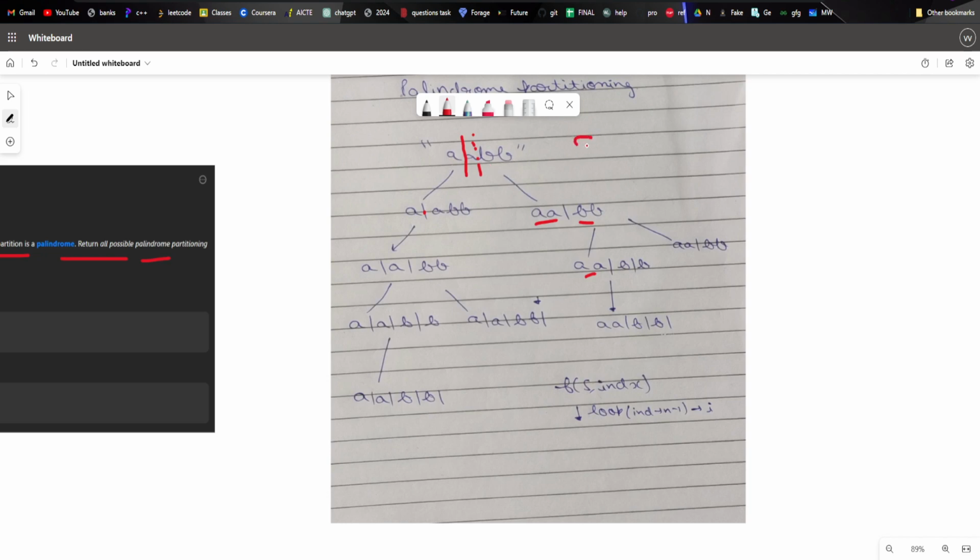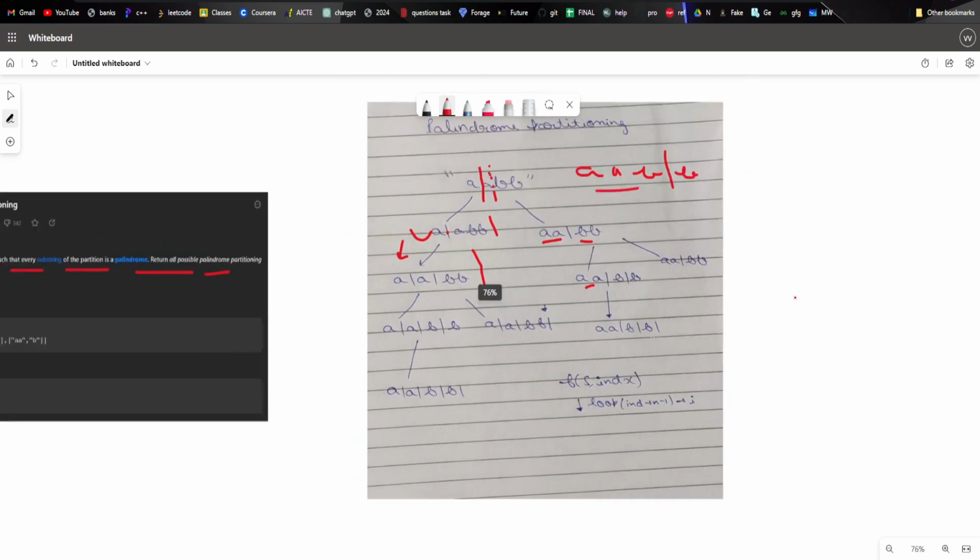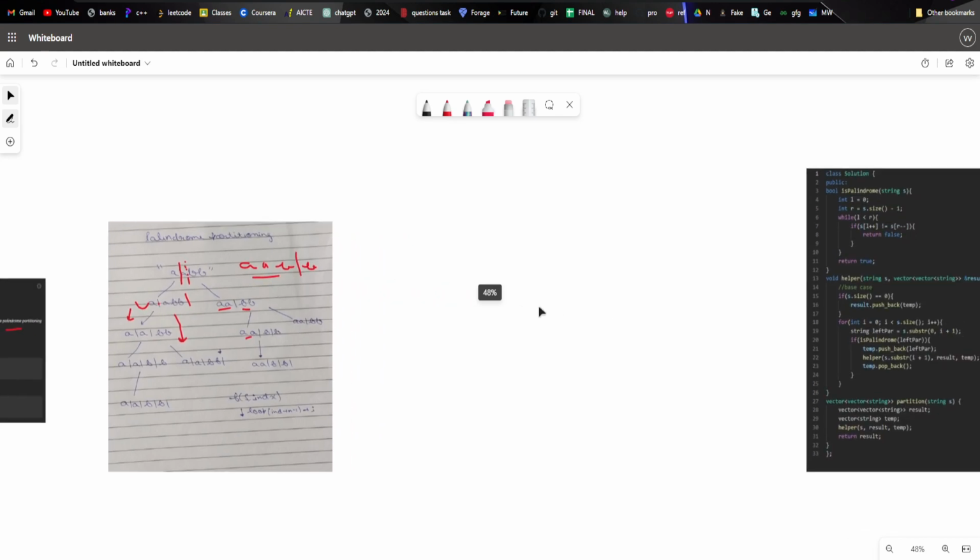If I make a cut so that it becomes A A B, that is not a palindrome, so it is not considered. Now I will just go down deep, and when my partition reaches the end, I will record it like this. And now let's move to the coding part.